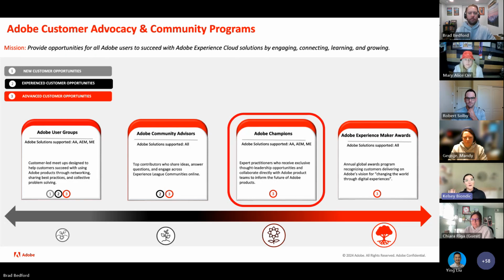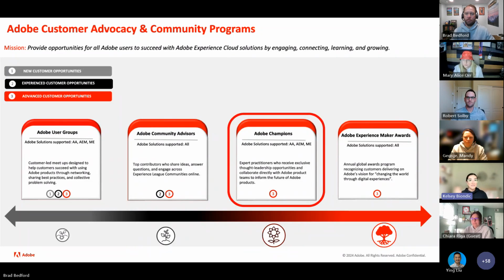But zooming out at our larger advocacy suite of programs at Adobe, we design these programs with every user in mind. So it doesn't matter if you're day one with the products or you've been a seasoned veteran. We have different advocacy programs designed for everyone that's an Adobe product user to really engage, connect, and learn with other people in the community.